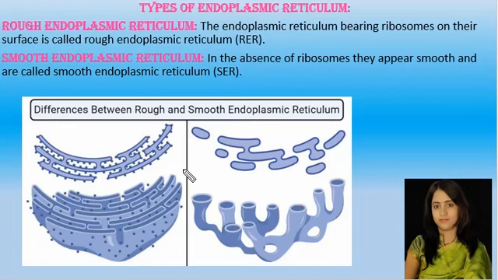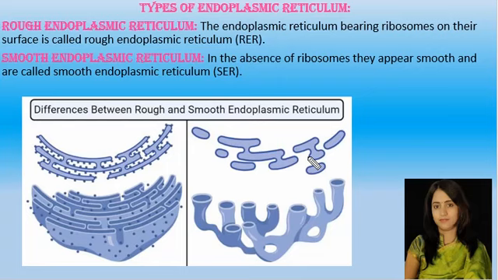On the outer surface of the rough endoplasmic reticulum the ribosomes are attached, and hence it is actively involved in the synthesis of proteins and various enzymes, whereas the smooth endoplasmic reticulum is the major site for the synthesis of lipids. In animal cells, lipids like steroidal hormones are synthesized in the smooth endoplasmic reticulum. So these are the functions of both smooth and rough endoplasmic reticulum.